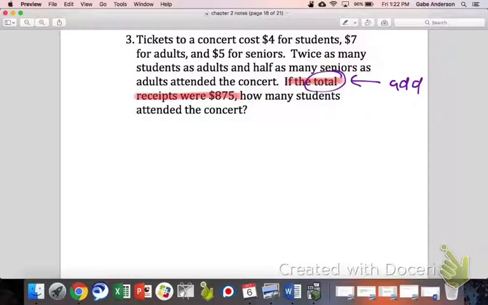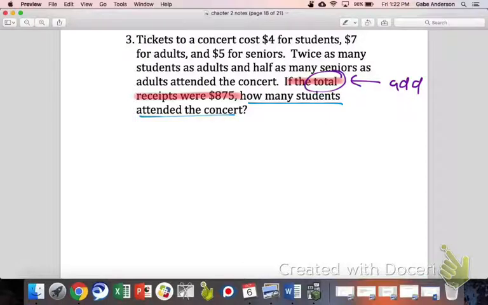So let's see here. We got the total receipts of $875, and I got 4, 7, and 5. What are my unknowns here? What is it that I don't know that I'm supposed to find? How many unknowns? Yeah, number of students. So let's see here. I'll underline that. How many students